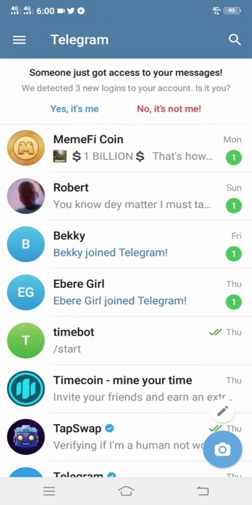Now I'm on the Telegram. So what am I going to do? When you open your Telegram, make sure that you create an account first before trying to get to the Tapswap. So once you have downloaded the Telegram and also gotten your account on Telegram, you have successfully registered. So what you're going to do is to